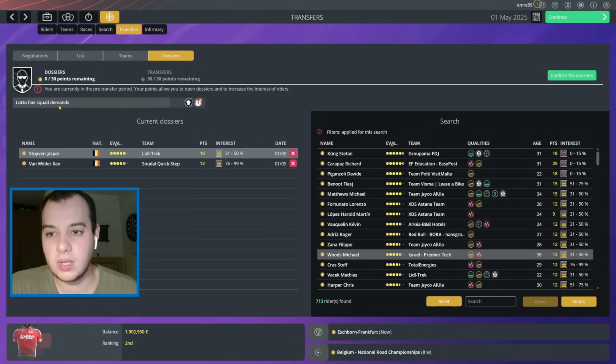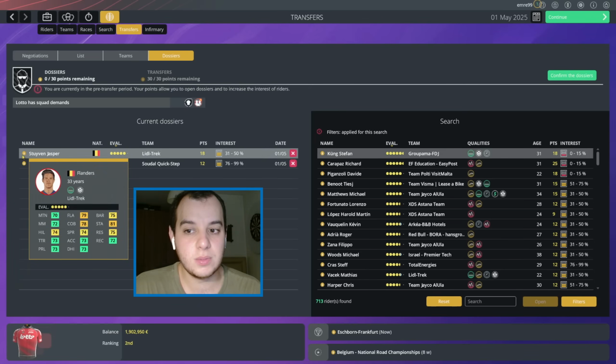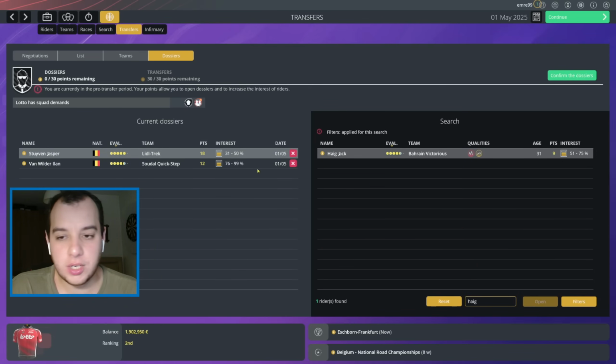We've also got squad demands for Lotto. One of them is 10% of young riders aged 25 or less, which is easy peasy, but 50% of the riders from the Flanders region. Both Jasper Stuyven and Ilan van Wilder are from the Flanders region. So I think I'm going to confirm the dossiers, but I'm just going to show you guys the other riders